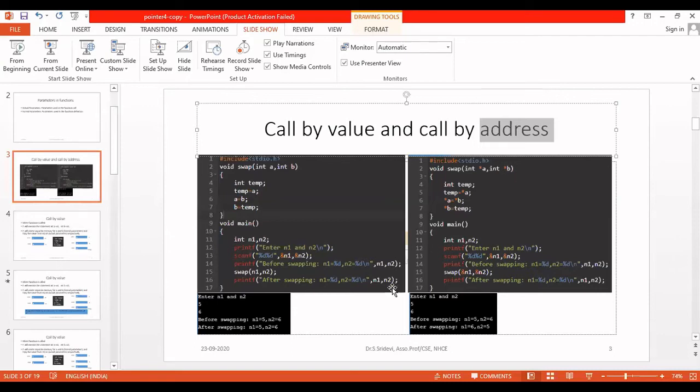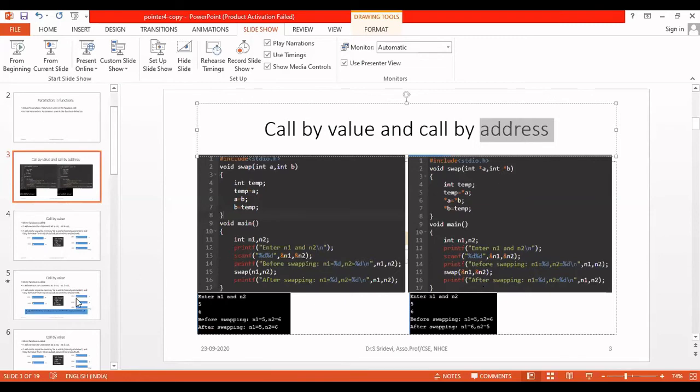No. Always, what is the address? You have to see what type of data the address is. Now here I am sending the address of an integer, so the pointer must also be of integer type. Okay, so declare two integer pointers now. Now inside, what will happen with temp? That we will see along with the slide. Now remember these two lines. While calling, I am writing swap of ampersand n1 comma ampersand n2. Then in the function, I am writing int star a comma int star b. When the function is called, this ampersand n1 will be assigned to int star a, and ampersand n2 will be assigned to int star b.